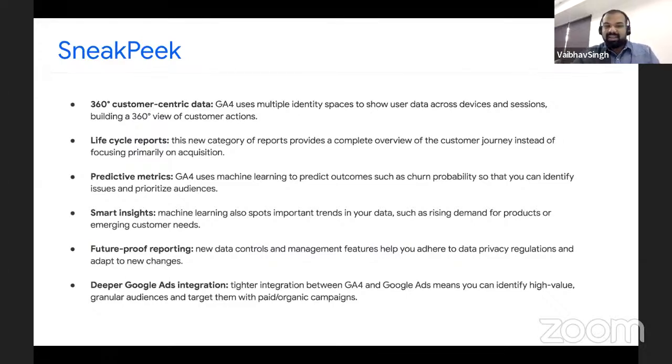Next is predictive metrics. Now, it is something new. We used to predict something on our own, like, okay, the indexing is happening a lot, so we should see a lot of AMP traffic coming to my pages. But now GA4 has added artificial intelligence and machine learning to the predictive metrics.